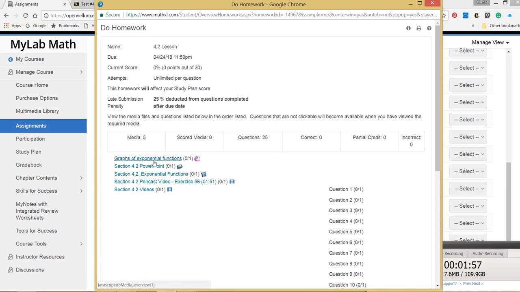So you can see that I have linked media, similarly to how I've done things in the past, but I've provided more media links so that everything is in one place. This is all of the stuff that's offered by the publisher for this section. So you've got your applet, your PowerPoint, exponential functions, that's your textbook section, and pencast videos, which are instructional videos made by the publisher. In addition to that, I'm making more videos,